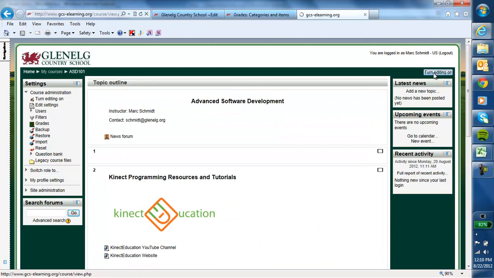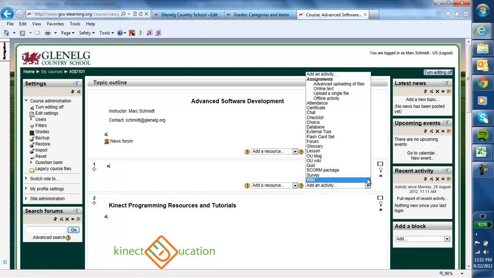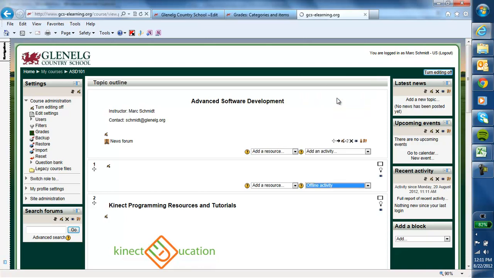I'm going to turn editing on, and I'm just going to give a homework assignment, or let's say I'm going to give a quiz. How about that? Alright, so I'm going to add an activity. Here are the kind of assignments that you can give. Hopefully you're familiar with these. But I'm going to give a quiz, and it's going to be graded. So I'm going to choose an offline activity because they're not going to turn anything in on the site. They're going to take a quiz and I want to put in a grade. So offline activity,